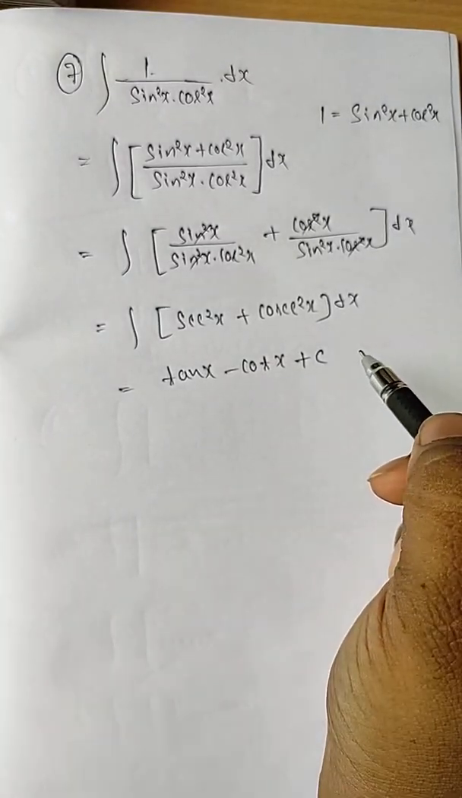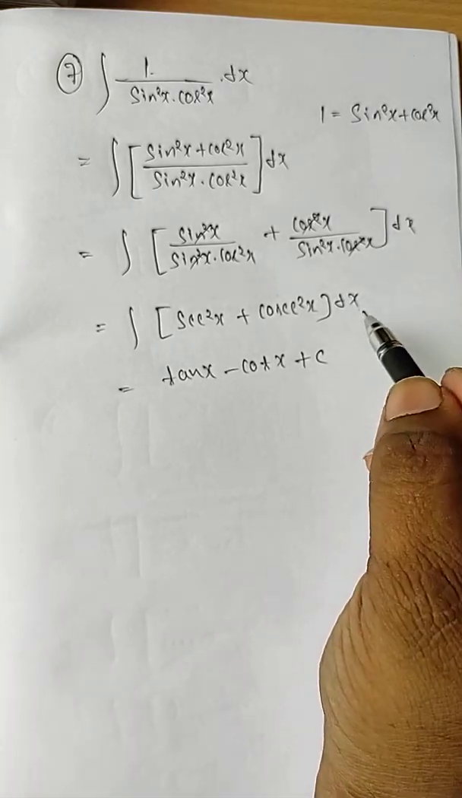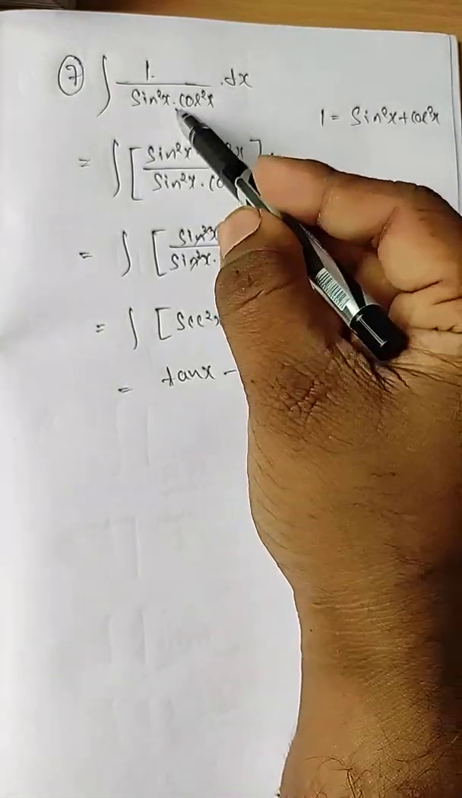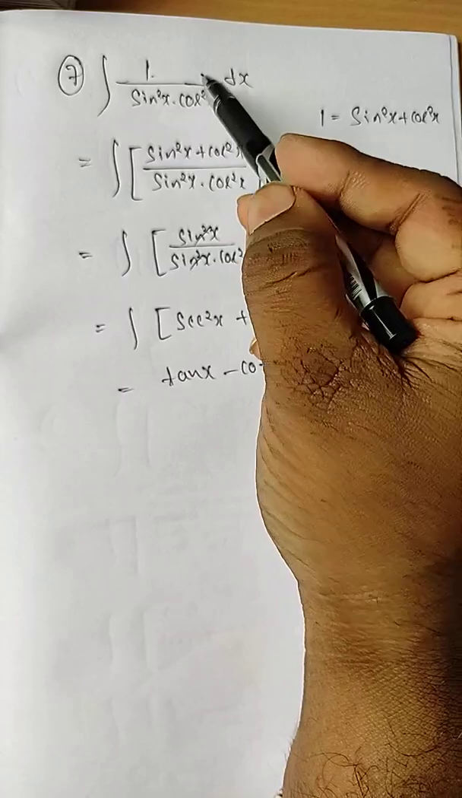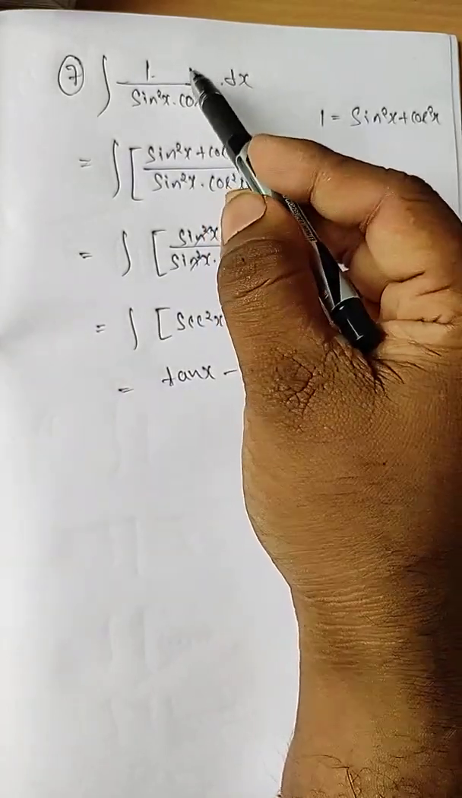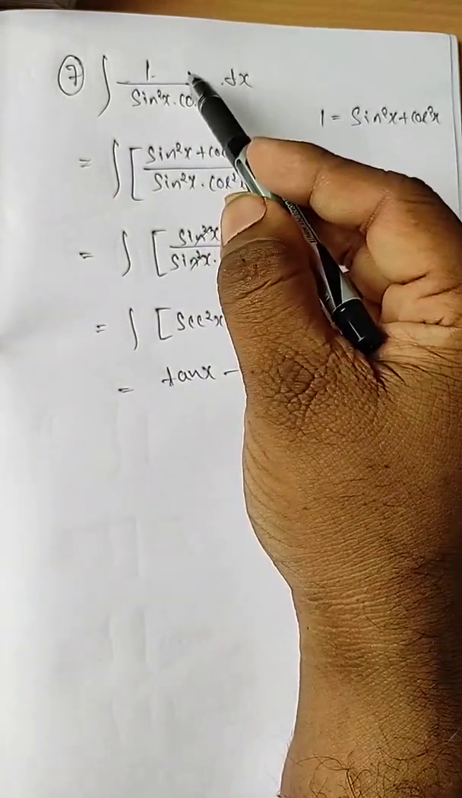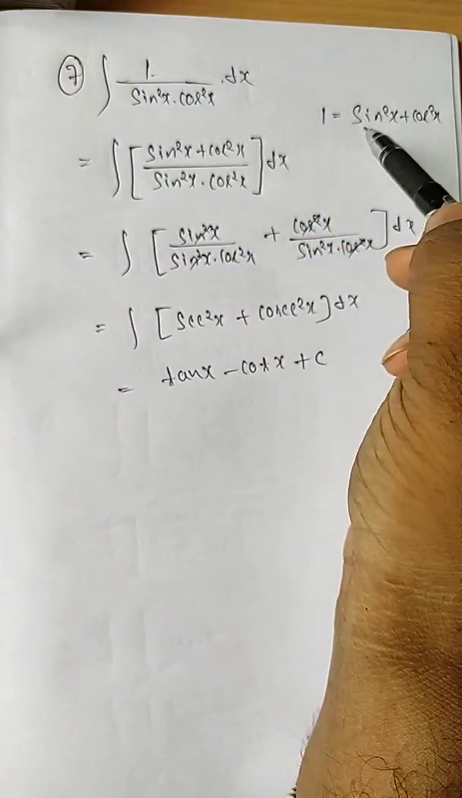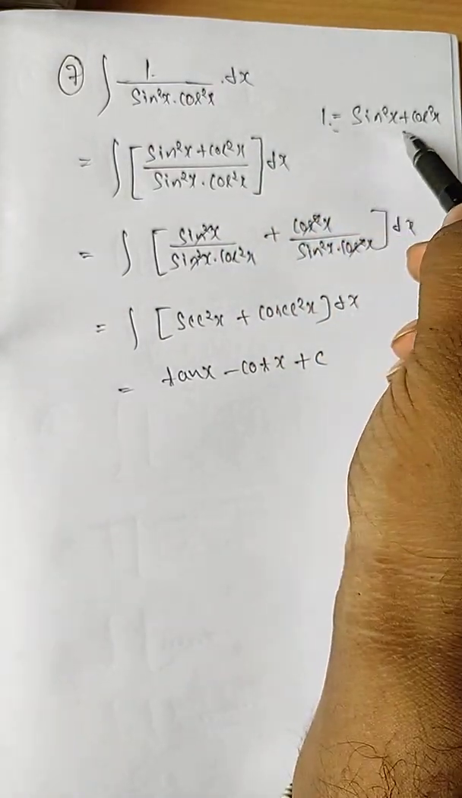Is it clear? So what is new in this problem? We have discussed the integration of 1 by sin square x into cos square x. Here there is no term in the numerator. So since the numerator has no terms, we replace the 1 with sin square x